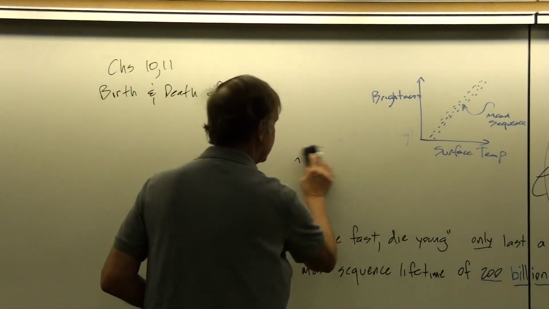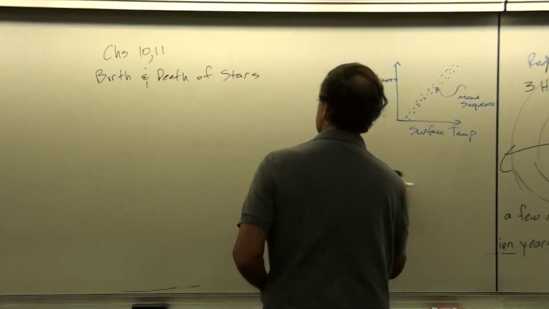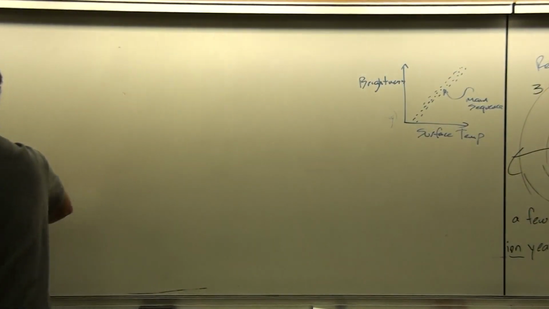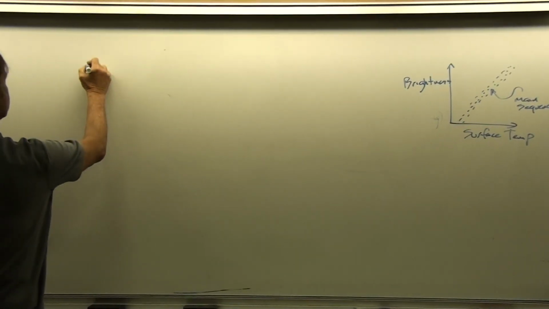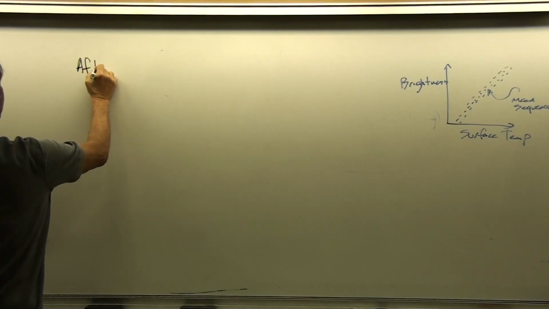So once that happens, and this will be true for any star too. It doesn't have to be our sun that we're talking about. All stars will go through this red giant stage. But once the star runs out of helium, this is after the red giant stage,